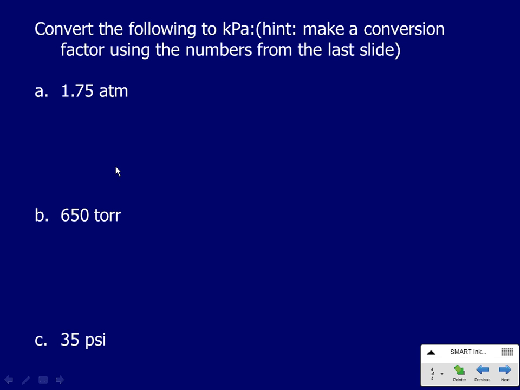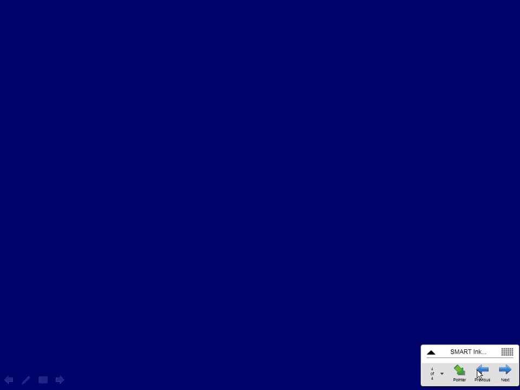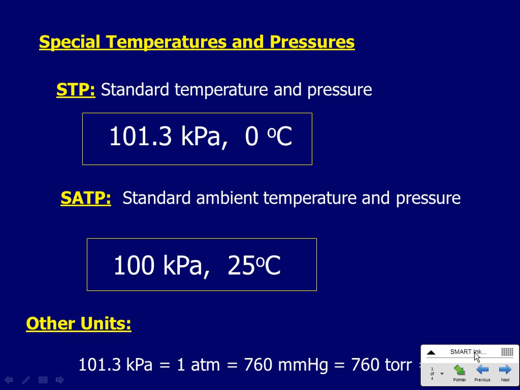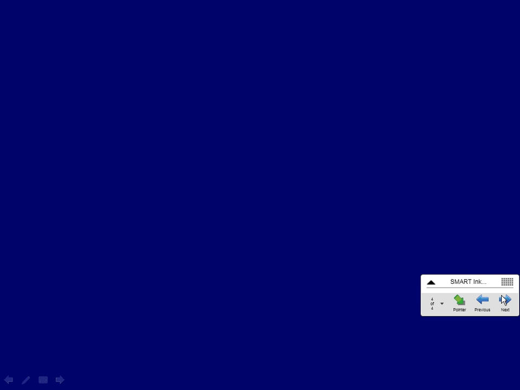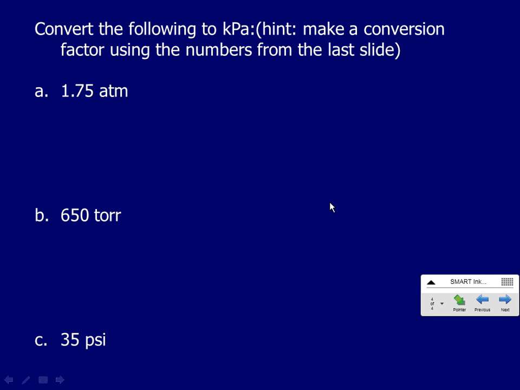Using the units on the previous page, remember when I first introduced you to conversion factors, if I had an equality, I could easily turn that into a conversion factor. So if I am going to convert atmospheres to kilopascals, then I'm going to create a conversion factor that has me get rid of atmospheres and has me get the unit of kilopascals. I need kPa on the top, and I need atmospheres on the bottom. What numbers am I going to put in here in order to get that to be a true statement?